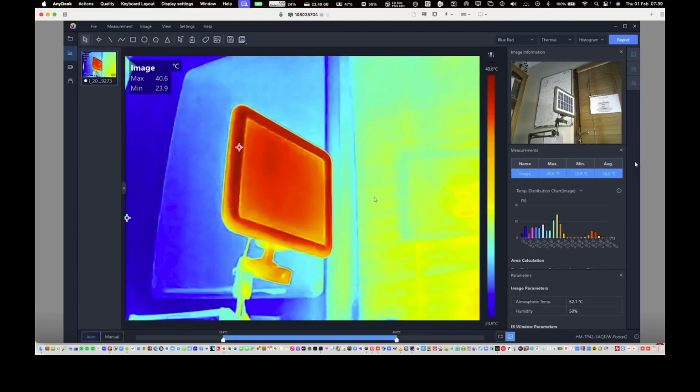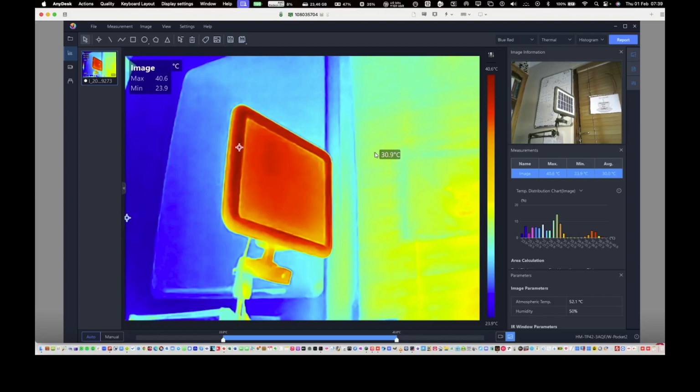Now I'm going to show you that when I've actually captured something on the camera and I'm taking it back to the office, so to speak, because the camera image contains all of the information that was captured,